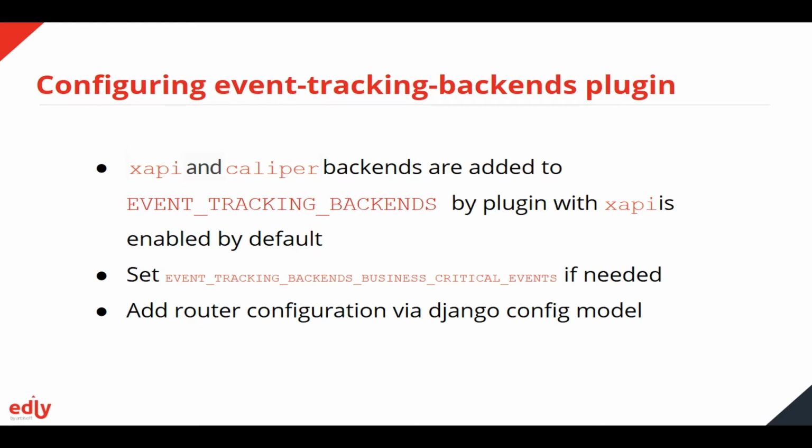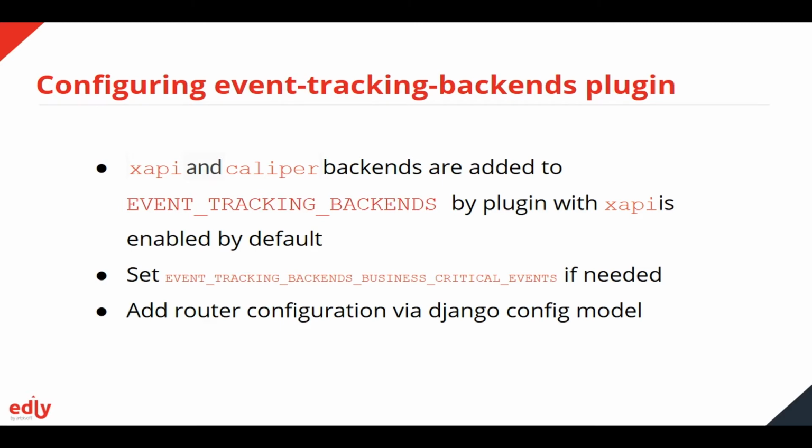Then in the router configuration, we can basically configure how these events are going to be filtered and routed. We have a config model, which can be accessed via Django admin, and we can select the backend, like which events to route. If we are to route XAPI events, we can select XAPI in the backend. Then we can select the router URL, and then the auth schemes, if the router is supporting basic auth or token-based